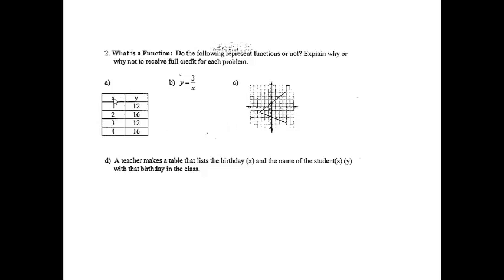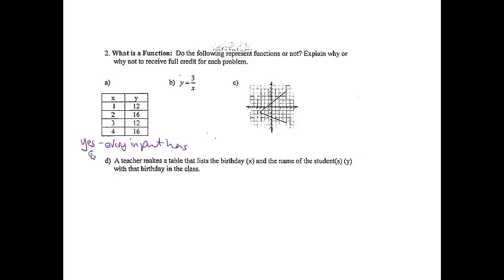All right, the first one, if I'm looking at a table, does every input have an output? Yes, every item is associated with a price. And then I just want to make sure, does 1 only have one price? Yep, it's only $12. 2 is only 16, 3 is only 12, and 4 is only 16. So even though item 1 and item 3 are both $12, that's okay, because if we think about the dollar menu, that does exist. So this is yes, and my reasoning is going to be that every input